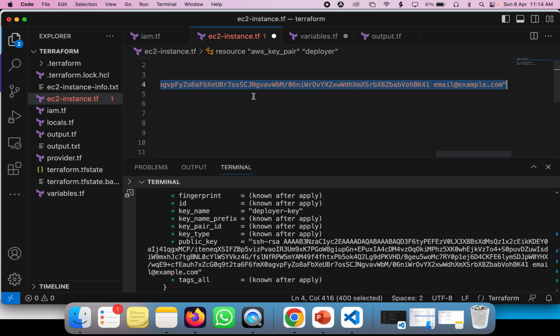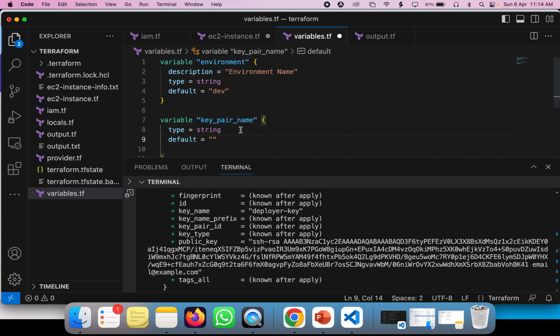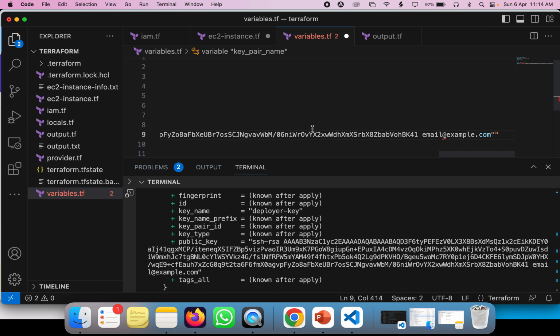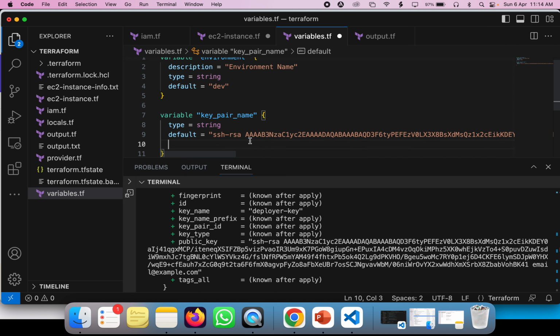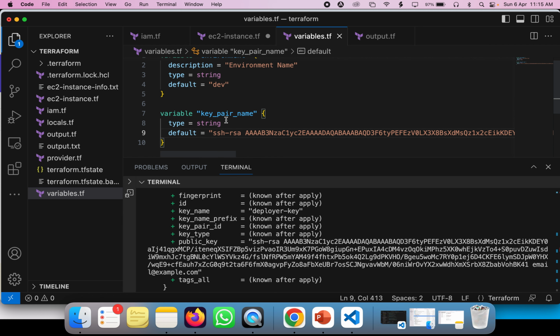I think, okay, I'm copying this one exactly, and I'm going to paste it over here. Okay, like this. The default value is this one, right? Now